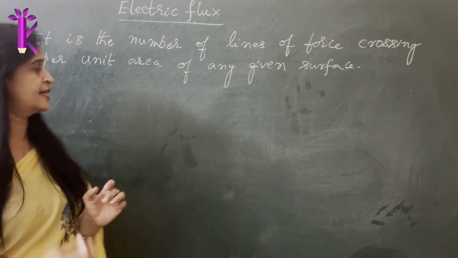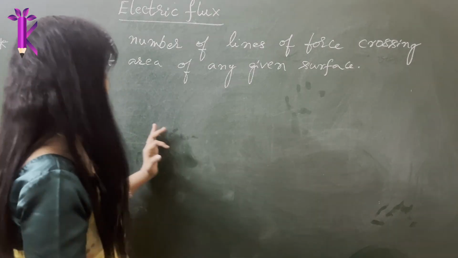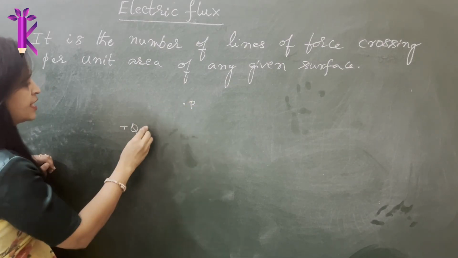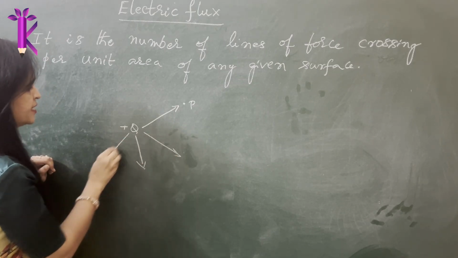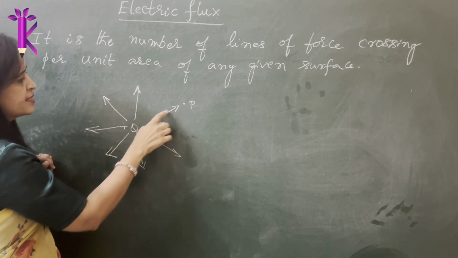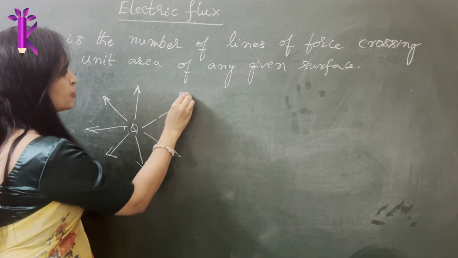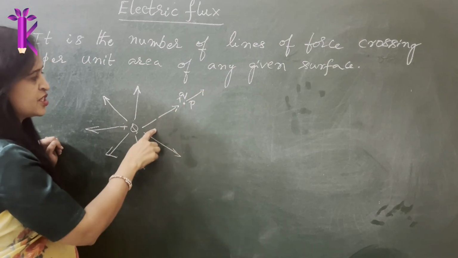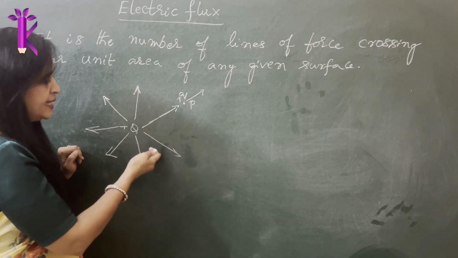So how do you understand this? So far we have seen how to draw various lines of force for various charge combinations. You have seen that for any given positive charge, if you have a test charge, it will experience a force in the radially outward direction. So imagine these are the lines of force going radially outward from the source charge, because this is the direction of the force experienced by the point charge placed at a point P. If you have a positive test charge Q placed at this point P, it will experience a force in this direction, and hence the electric lines of force and the field lines both mean the same in this direction.